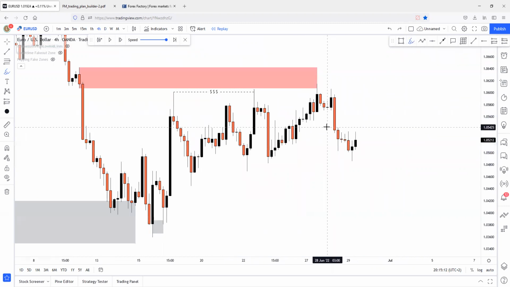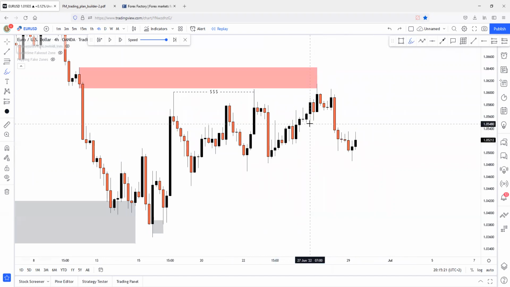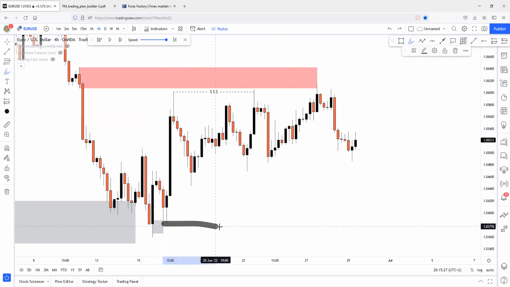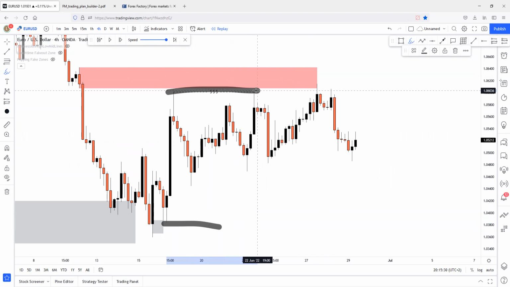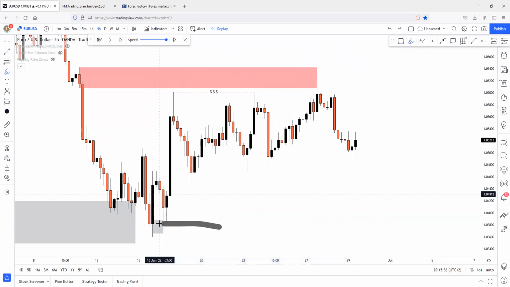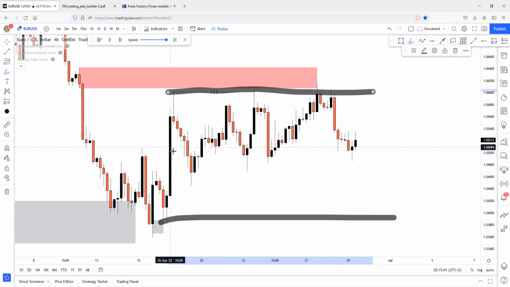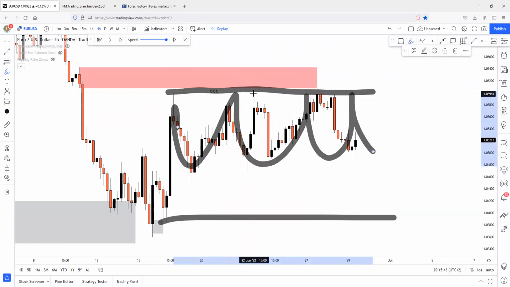Price has changed character on several places, right? Technically, price has changed character here, and here. But there's a problem with this change of characters, that these change of characters are technically sub-change of characters. Why? Because here's the last recent low point and here's the last recent high point. This high point has not been broken with body closures. So technically, price is inside of this range, inside of this 4-hour and daily low point, and inside of this 4-hour/daily high point. It's just ranging inside of this low and high point.